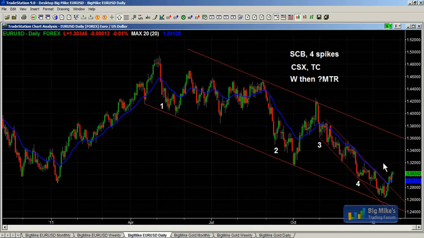If we get a pullback sometime over the next 5 or 10 bars, 5 or 10 days, and then we set up a higher low buy, that would be a major trend reversal. That doesn't mean that the market would then become a new trend, a bull trend. Major trend reversal is really kind of a bad term because I think it makes traders think that the market is going to enter a trend in the opposite direction. Sometimes it does. More often, it evolves. So from a bear trend, it evolves into a trading range.